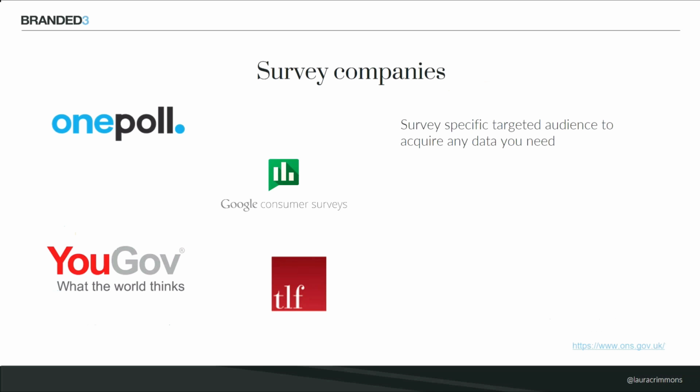Next up, purchase data. So various ways in which you can do that. Surveys are probably one of the biggest. Again, various survey companies out there. We use OnePoll as our default, purely because, again, we know that journalists trust it, but we've also worked with Google Consumer Surveys, the Leadership Factor, and YouGov. All great ones. There's probably more that I could have put on there.